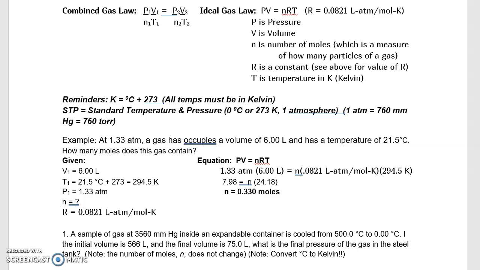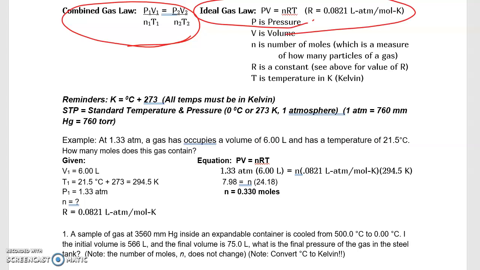I wanted to go over the two kinds of practice problems that you need for the week 5 assignment. So you might be asked to use either the combined gas law here, which involves two of everything: two pressures, two volumes, two numbers of moles, two temperatures. Now, not all circumstances require everything, so you have to be able to decide what you're given in the problem. And the other one is what I like to call PV=nRT, which is just one pressure, one volume,